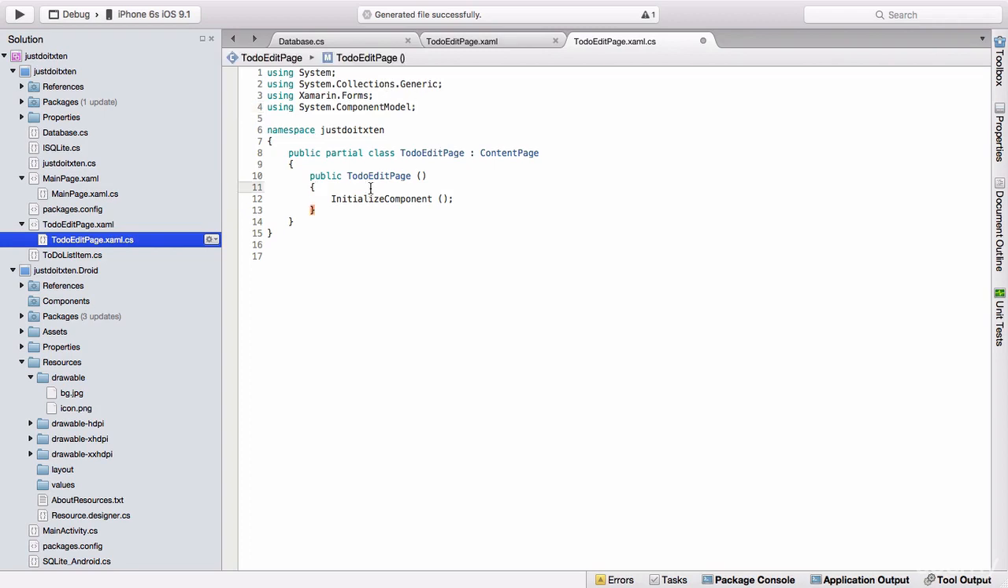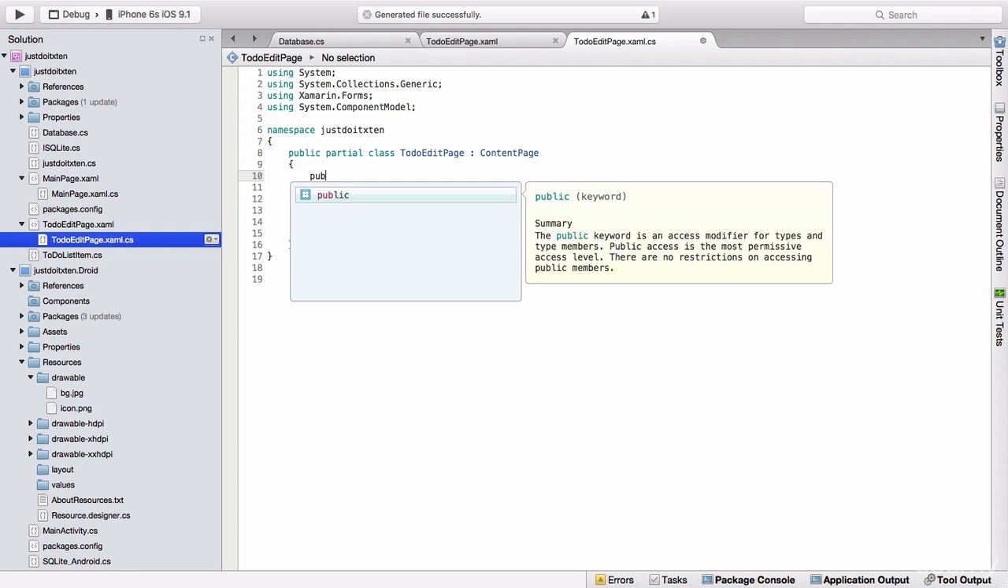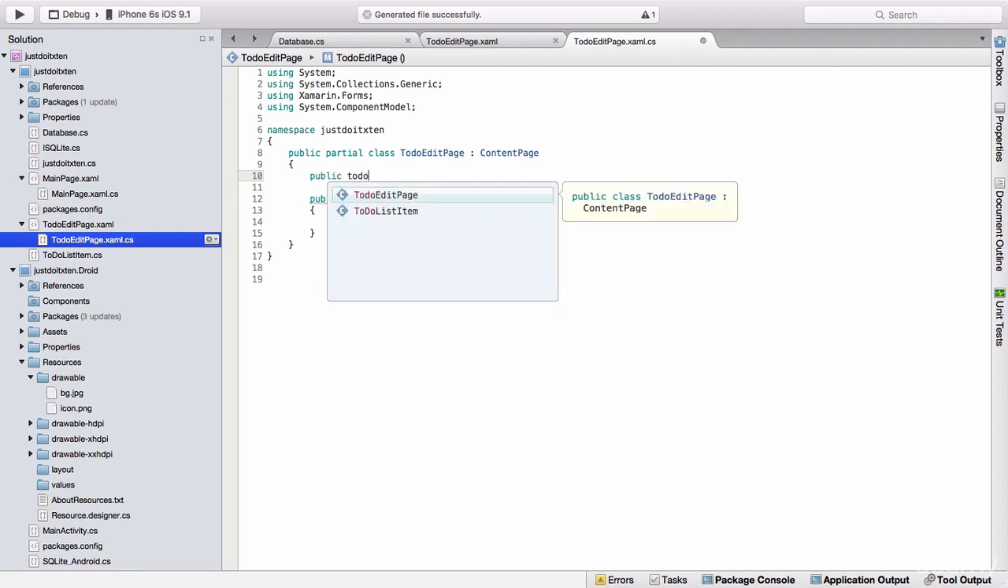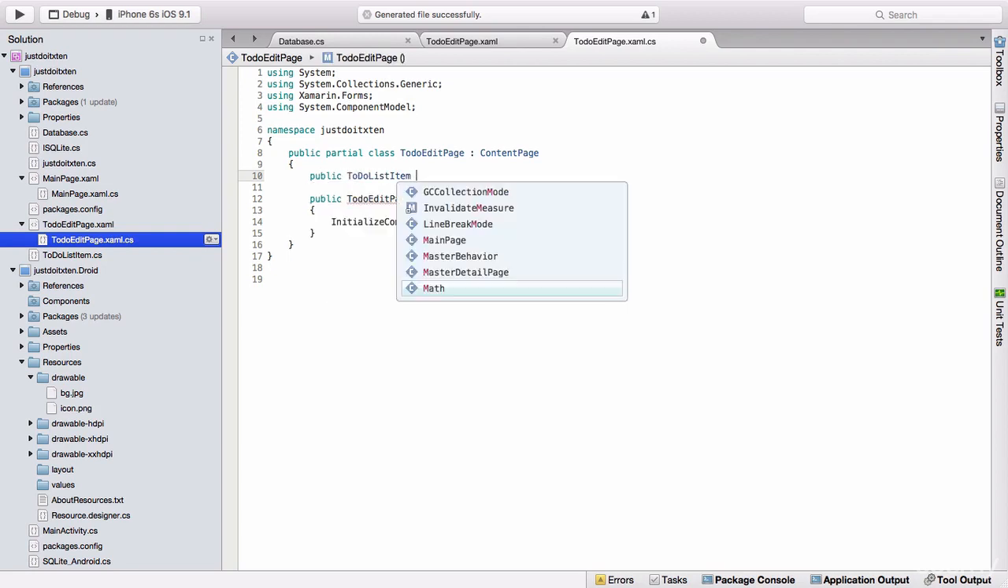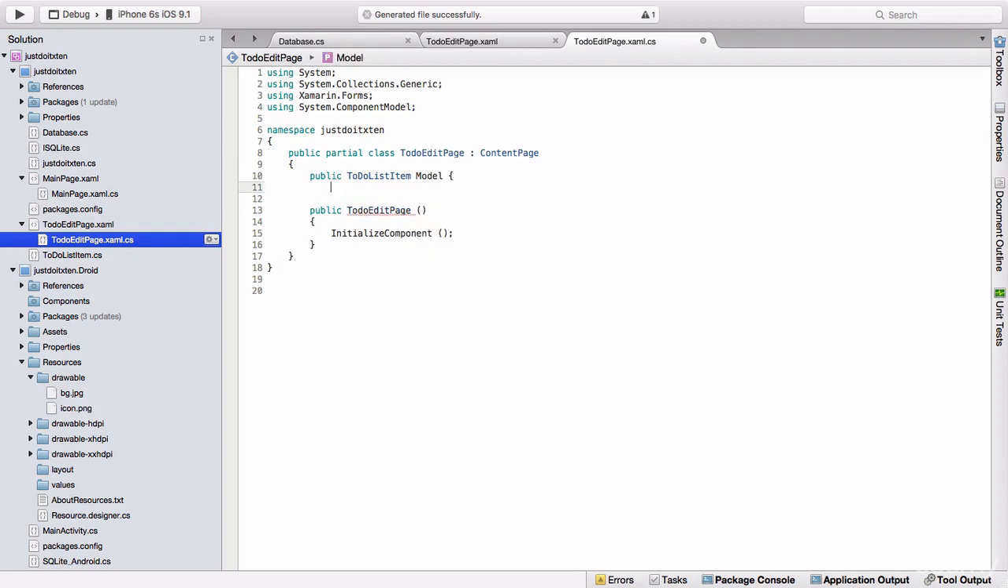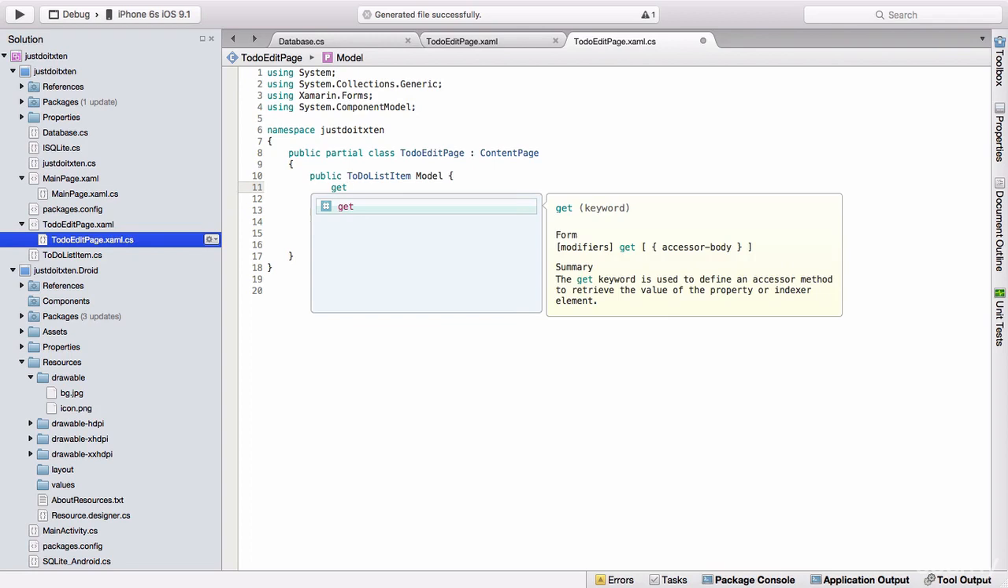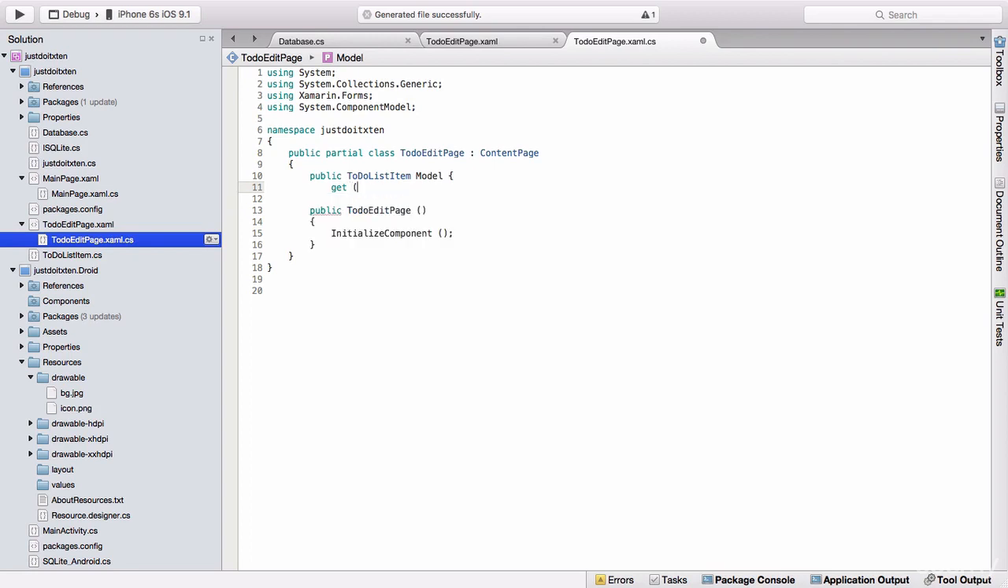And down here in our class, before we get to the constructor, create a little space, and we're going to create the actual item that we're going to bind. So this will be a public to-do list item, and this we will call the model. Open our brackets, and we will have a get, and inside that get we're going to